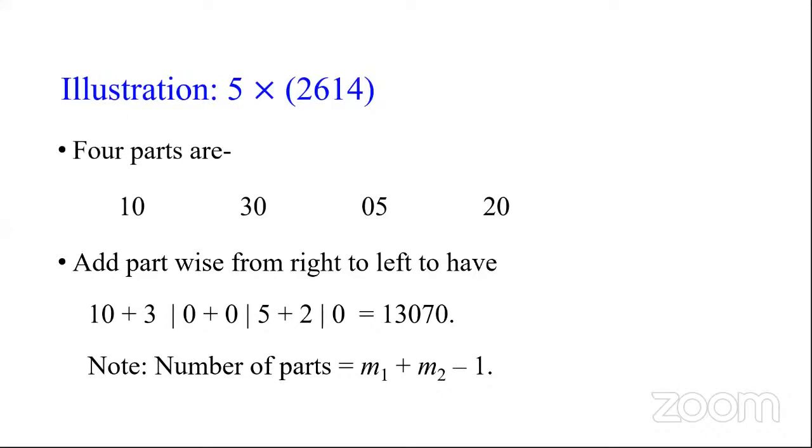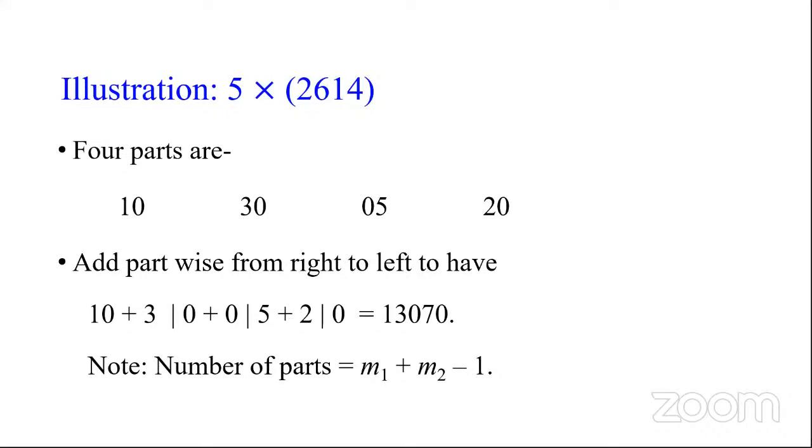So the final answer will be 13070. I repeat what I am saying. 0 as it is. 2 plus 5, 7. 0 plus 0, 0. And 3 plus 10 is 13. So the final answer will be